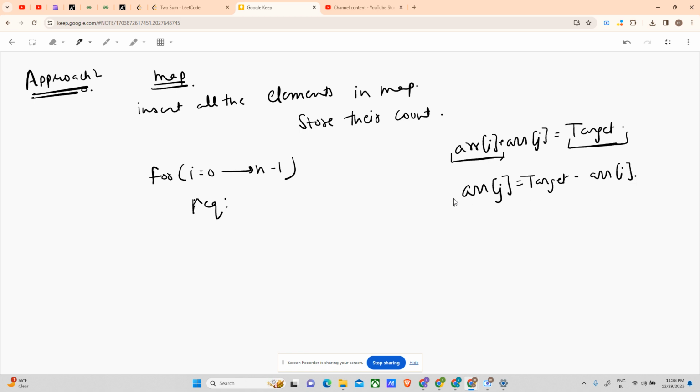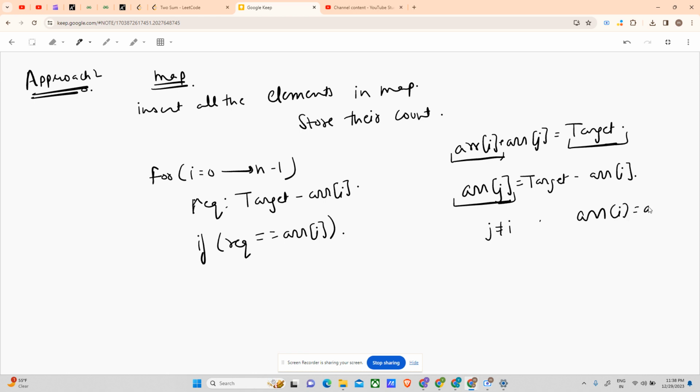If I find an arr j present in the map with j not equal to i, I will get my answer. So required is target minus arr i. Now if required equals arr i, that is arr i plus arr j equals target and arr i equals arr j,